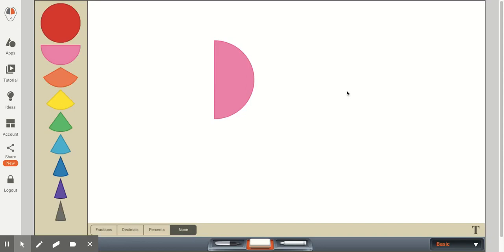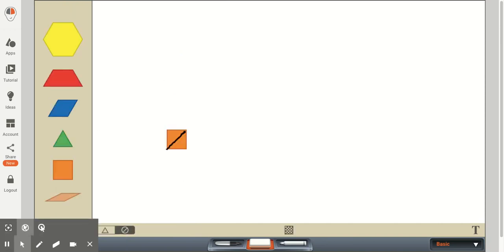So for instance, here we have a half circle, and students should be able to create a full circle by putting two half circles together. So they should be able to name this as a half circle and a half circle, and together to be naming this as a circle. Here we have a square, and a student should be able to recognize that this square has been composed of putting two of these triangles together.